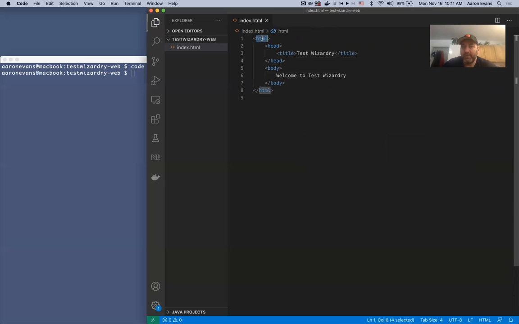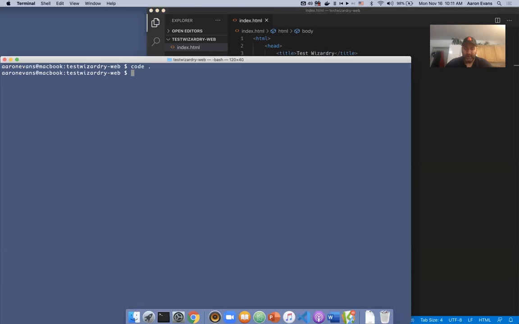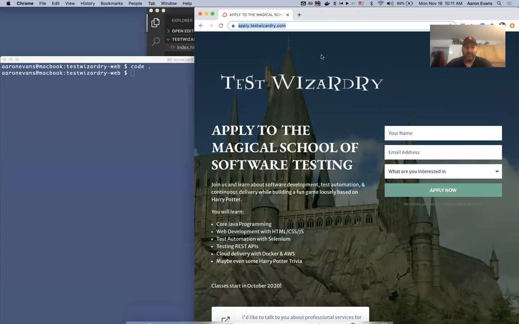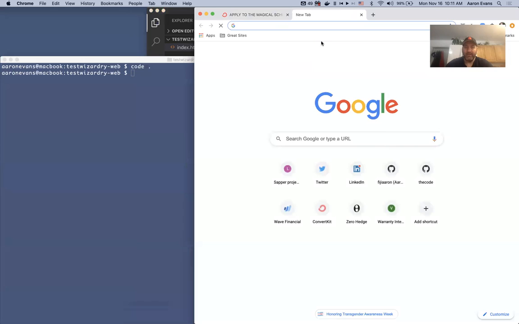We have an HTML document that's bounded by this open and close HTML tag. And we have two other tags within it, head and body. The head tag has a title tag with the text TestWizardry in it. And the body tag, just for now, contains the text, welcome to TestWizardry. And we can actually open this in a browser. So if I open my browser, I'll just go to my open browser window, and I can go to the